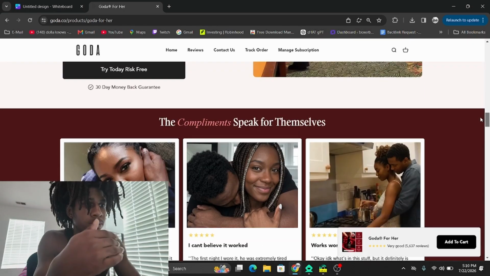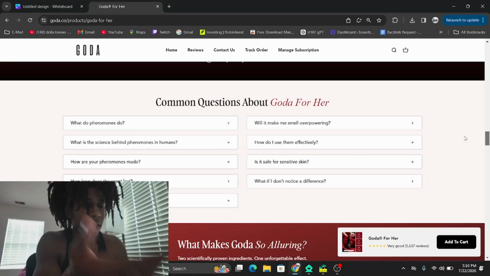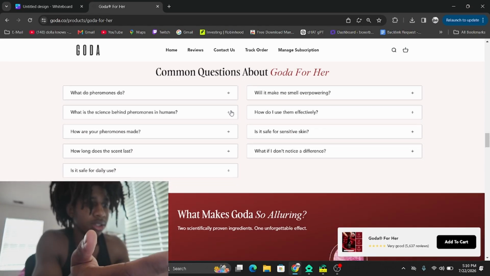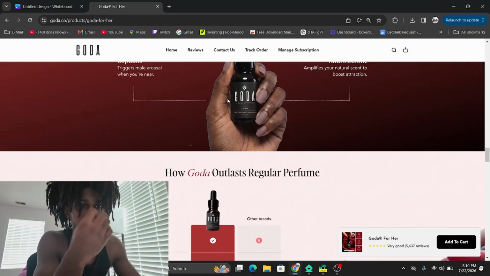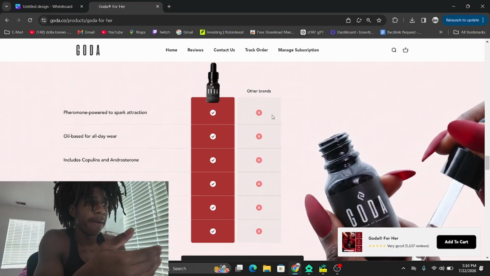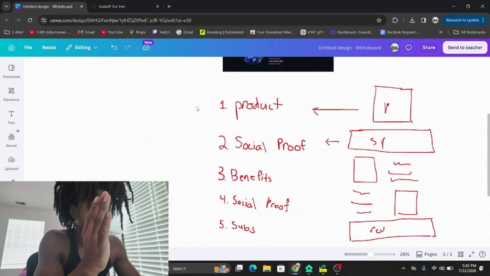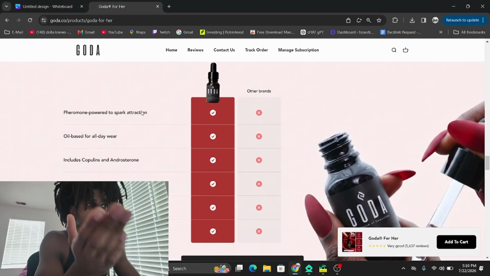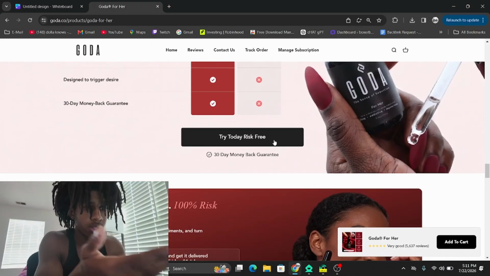But yeah, they're doing social proof, benefits, social proof. Obviously, this could be more benefit-wise, because it tells what the product does. And then more benefits. This one is kind of a comparison against a competitor, which is good. But I was just going over the very, very basic stuff that you need. Obviously, this is a $1 million brand, so they're going more in depth on trying to get customers. And another CTA,